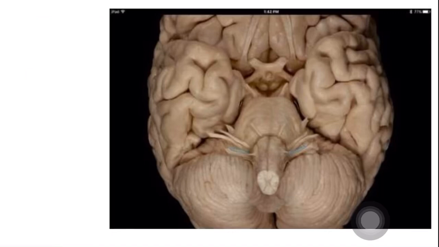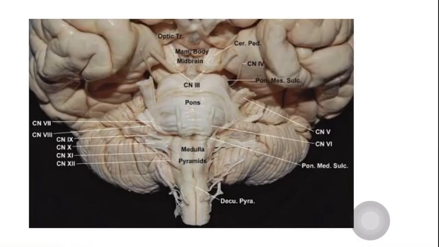As clinicians, we know this much knowledge of the divisions of the cerebellum is not needed, but the student should know there is something called the vermis in the midline, and on both sides you have the cerebellar hemispheres. Understood? If there is a problem with the vermis, then all the midline structures will be affected. So the patient will lose his equilibrium.